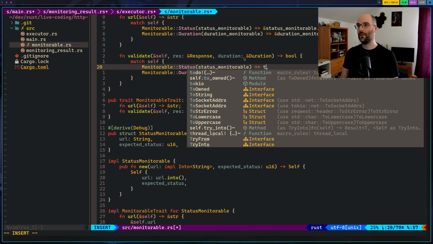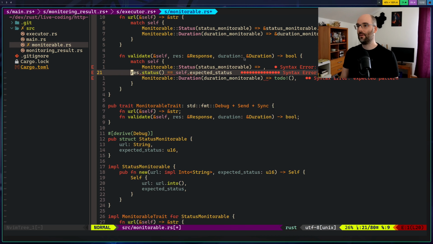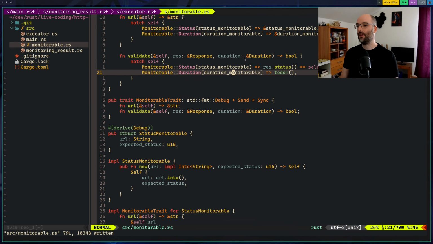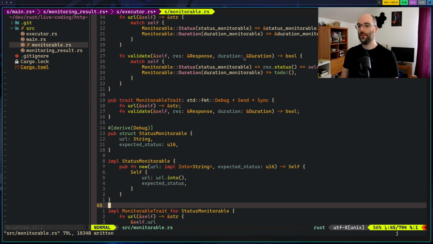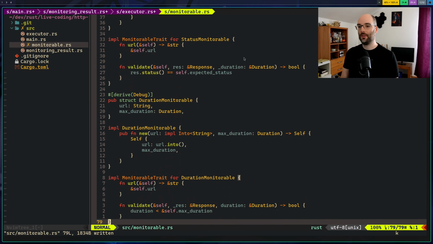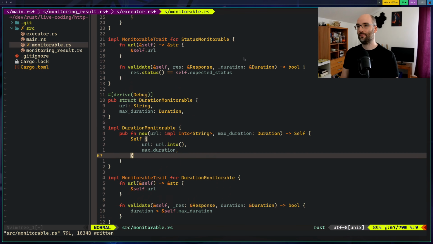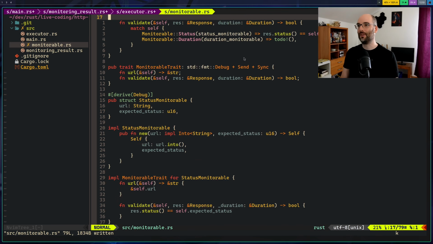This is the status monitorable. So we'll just return expected fat error. Oh yeah, okay. And we need the comma here. And for the duration monitorable, where do we have the implementation of validate? Yeah, probably not even worth copying that over, but okay.